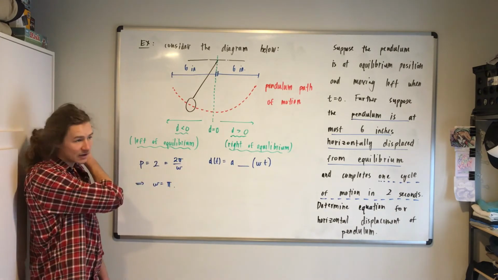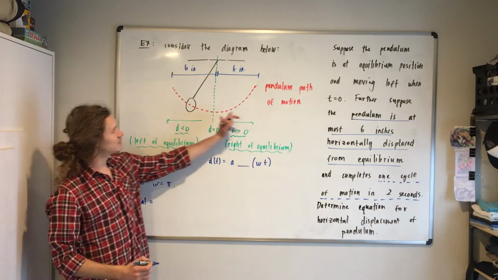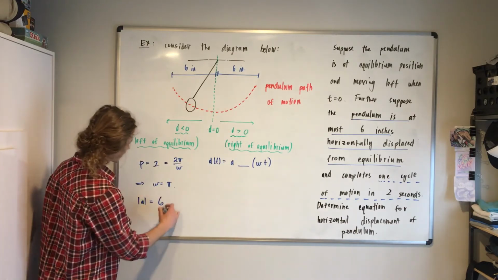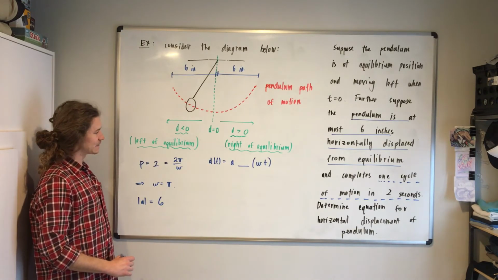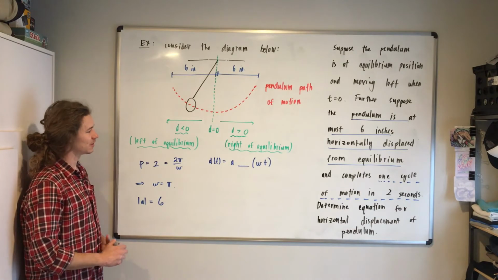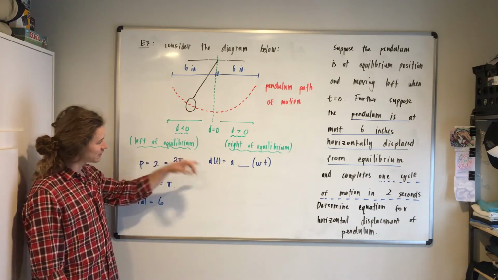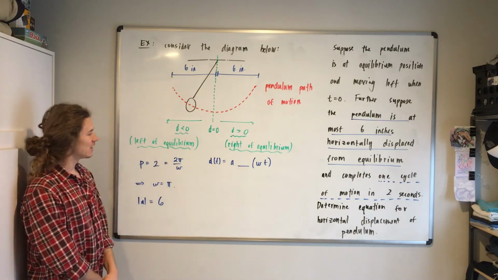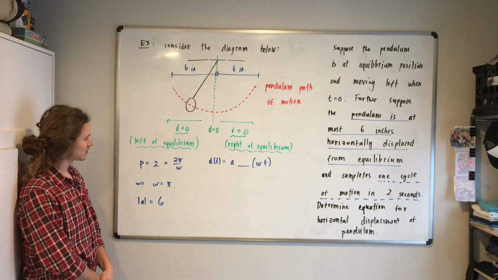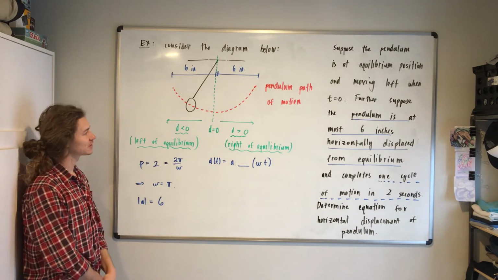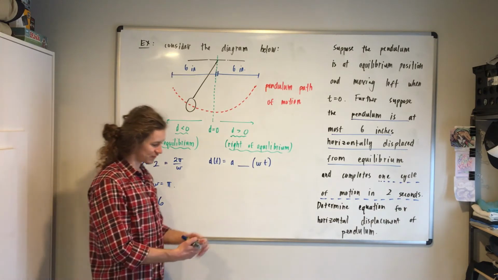So we've determined omega. Note also that we can determine the absolute value of a by considering these maximum displacements away from 0. We can see our amplitude must be 6. So what we're left with is determining whether we choose a sine or cosine function for d of t, and also the positivity or negativity of a. We know the absolute value of a is 6, but we're not sure if that's a positive 6 or a negative 6. So we consider the only other pieces of information given to us,